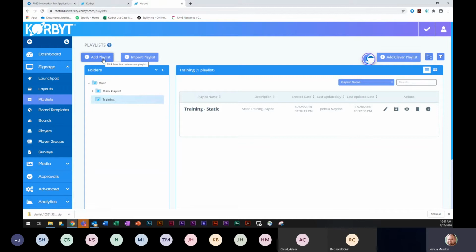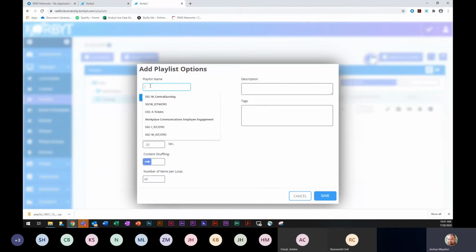Again, the second type of playlist is a dynamic. And with this playlist, you can set up multiple options, right? You can do part static, part dynamic, but really I'm just showing you the two ways it can be set up here. So we'll say training, and we'll call this dynamic. All right, and we'll just leave some of the same filters, and we'll just do training and dynamic as our two tags,